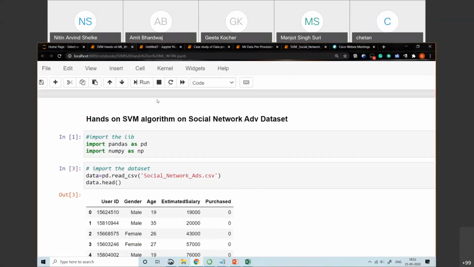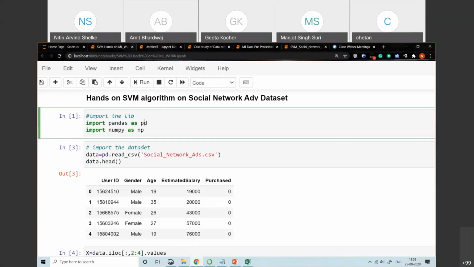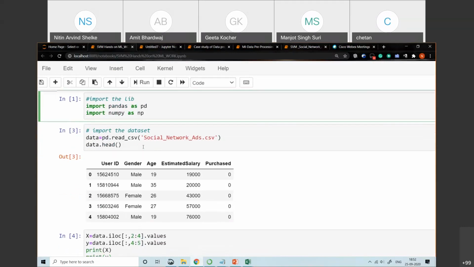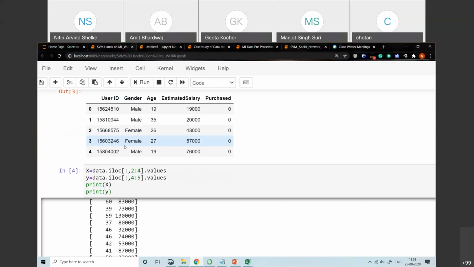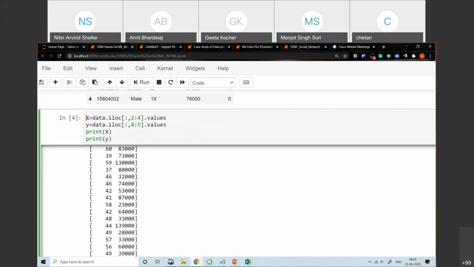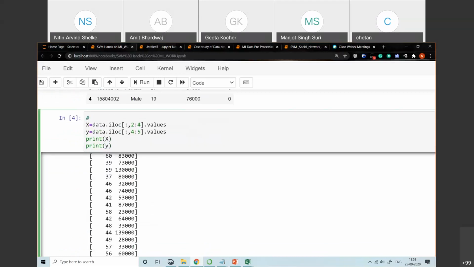So first part, in the hands-on SVM algorithm on social network dataset, the first part is to import the library: import pandas as pd, import numpy as np. Then we'll go for importing the dataset by using the read_csv function, in which we will pass the file. Okay, then after that we will use the .head method to see the structure of our dataset. After that, we'll go for the extraction of